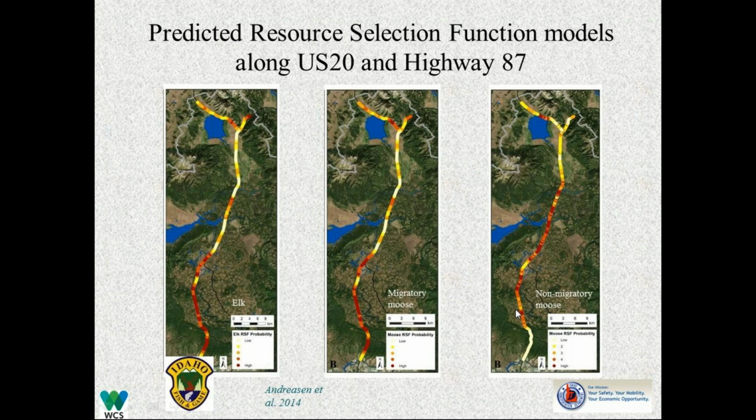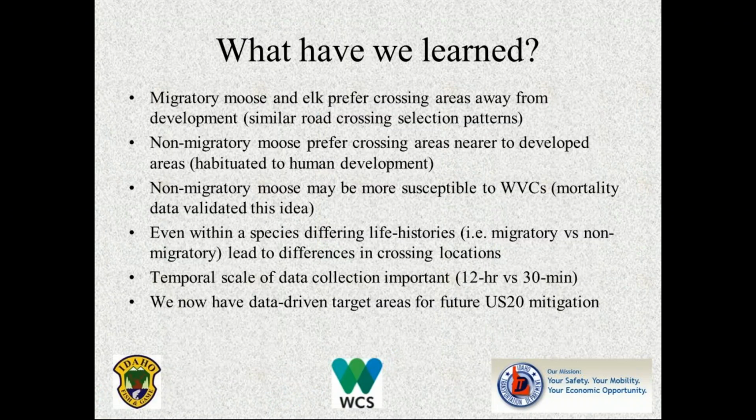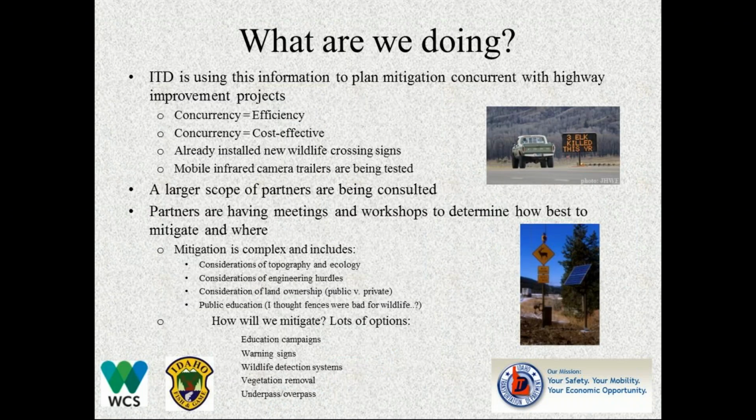And so this led to a complex challenge along US20 because it highlighted a long stretch of this road as a high probability of crossing between elk and the two different subsets of the moose population. So what we've learned is that this can be very complex, and we are using this information in a way similar to what we did in Wyoming to get crossing structures placed there. ITD is now using this information to plan mitigation concurrent with highway improvement projects, which will increase their efficiency and